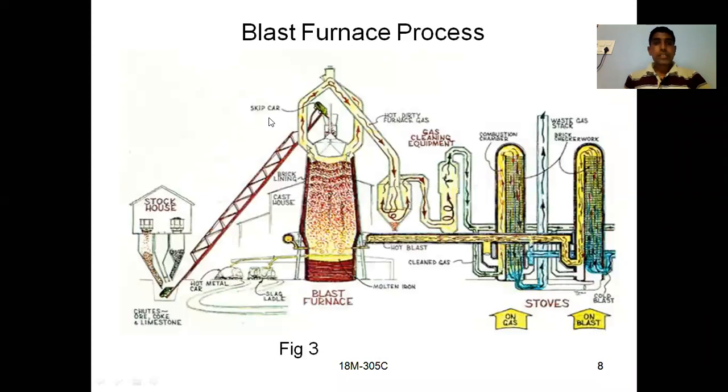If you see, this is also a blast furnace process. This is the stock house. From this you get the iron ore, and the charge is placed from this arrangement layer by layer, and you have a hot air blast here. The liquid pig iron you get is sent to further processing, and this is the exhaust hot air, which is used for further processing at different stages. So this is a schematic representation of your blast furnace process.